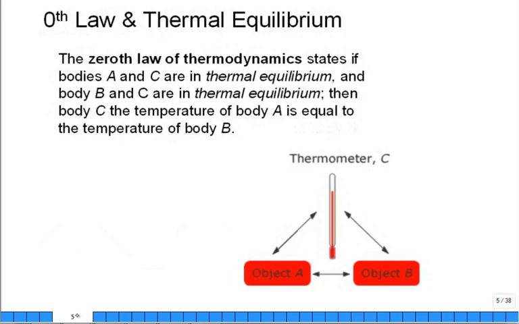The Zeroth Law and thermal equilibrium. We mentioned already the first law of thermodynamics. What was that all about? Energy is conserved. So it's a statement that energy is conserved. About the second law of thermodynamics. Well, even though energy is conserved, you can't just willy-nilly convert one form into the other form. Actually, there's a preferential direction for the transfer of energy, kind of like from valuable forms of energy to less